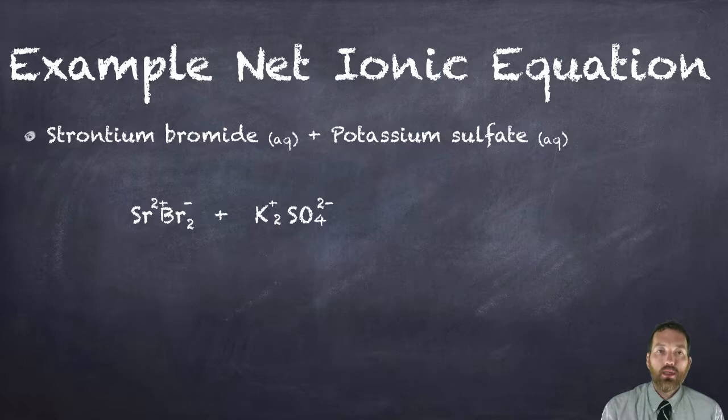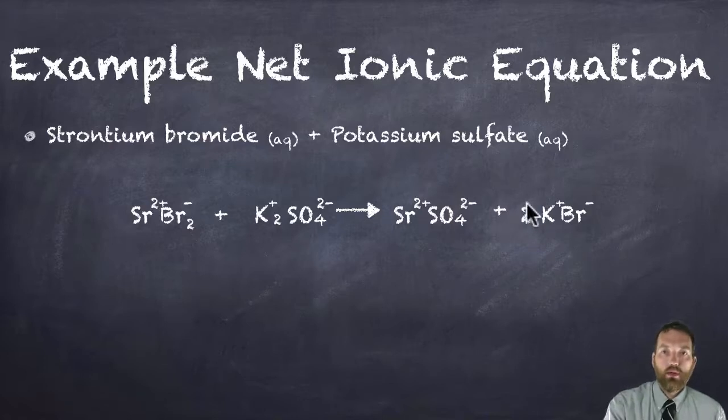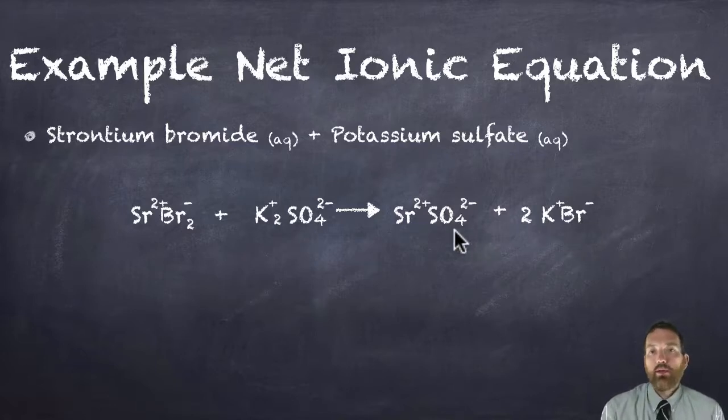Okay, the charges are all done, so it's time to do the double replacement. So Sr with its 2+ charge is now partnered up with SO4 with its 2-. And we have potassium with its 1+ partnering up with bromide with its 1-. Okay, this equation is not balanced, so we can fix that by writing the 2 here. I have 2 potassiums, 2 potassiums, 2 bromides, 2 bromides. Everything else looks balanced. Next, we need to figure out who our